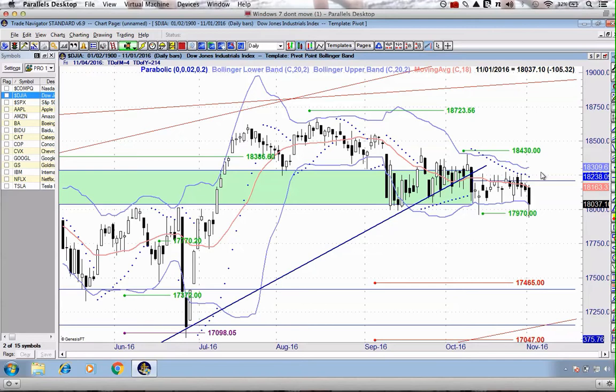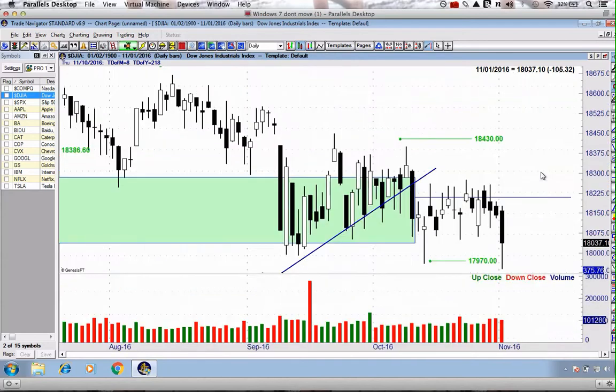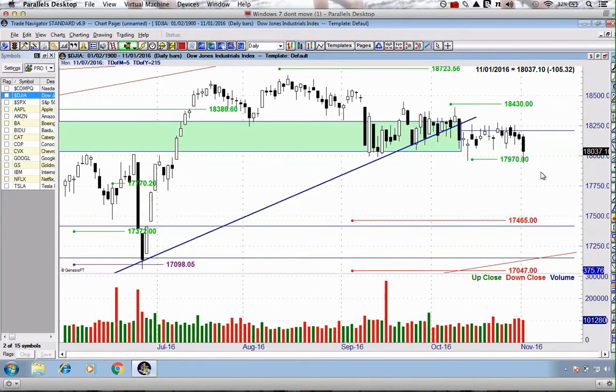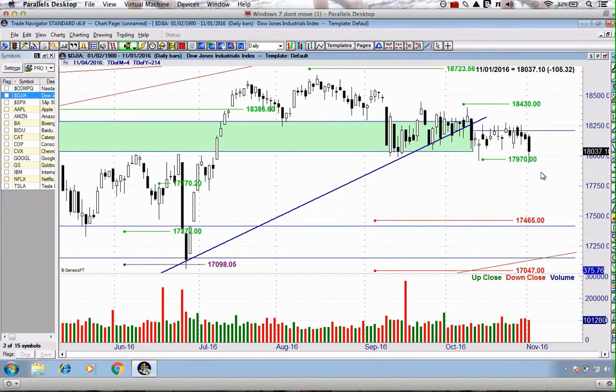That breakout, however, should be approached neutrally, and that's how we've been approaching it over the past couple of weeks as it continues to build, as the pressure continues to build, and we know, of course, that a big move is on its way. It looks as though, as at the close on Tuesday, that it is going to be to the downside. The Dow Jones Industrial Average, much like the S&P and the NASDAQ, is somewhat late to the